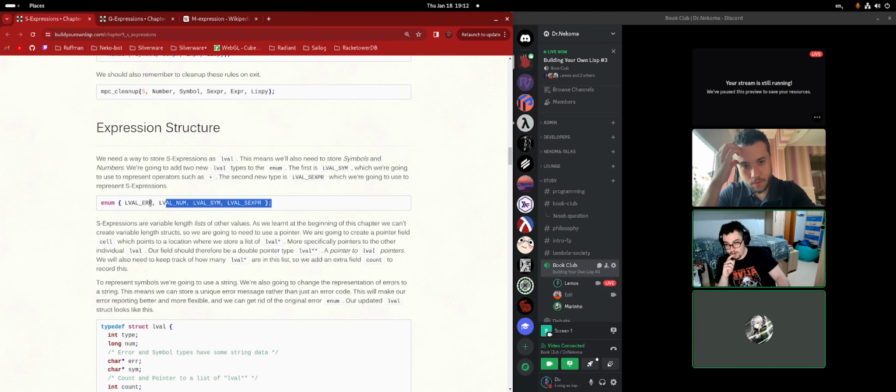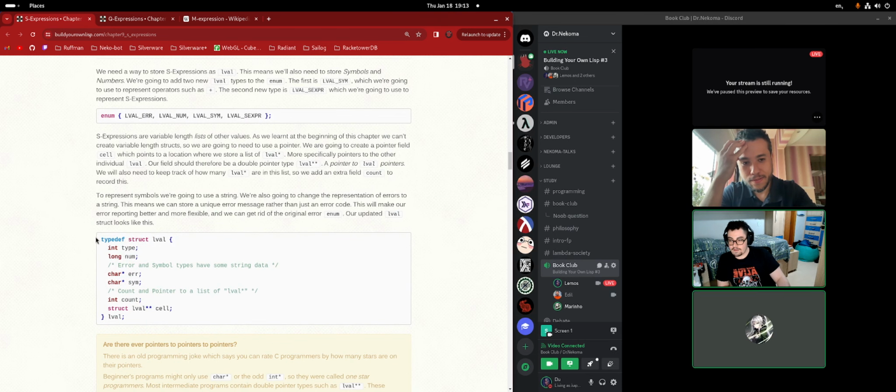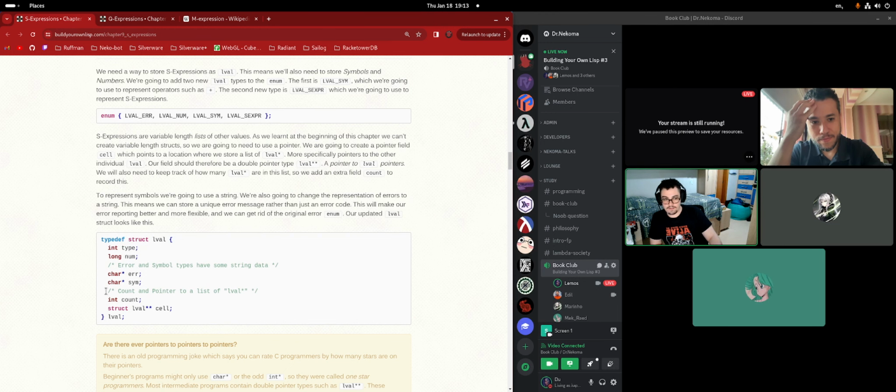So we're gonna add to our enum of possible things in our language. These are the types, more or less, that's the type tag actually. Then we're gonna enhance the struct of the lval. Enhanced, asterisk. It actually gets more wasteful as it grows. That's kind of enhanced in terms of functionality. The hardware is cheap. Just buy more memory. Who cares?